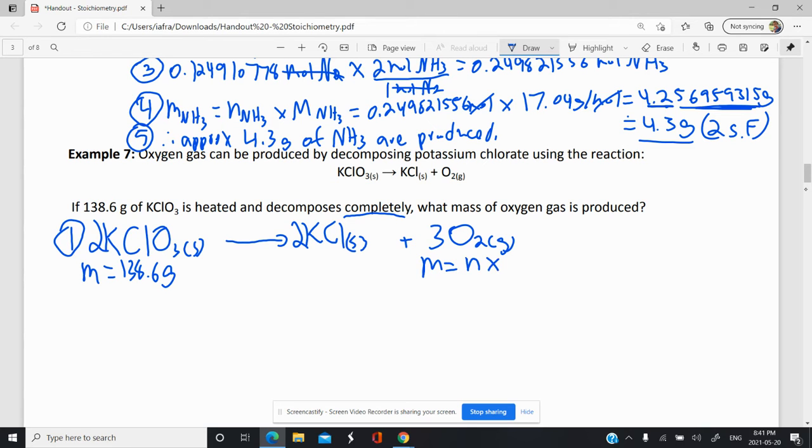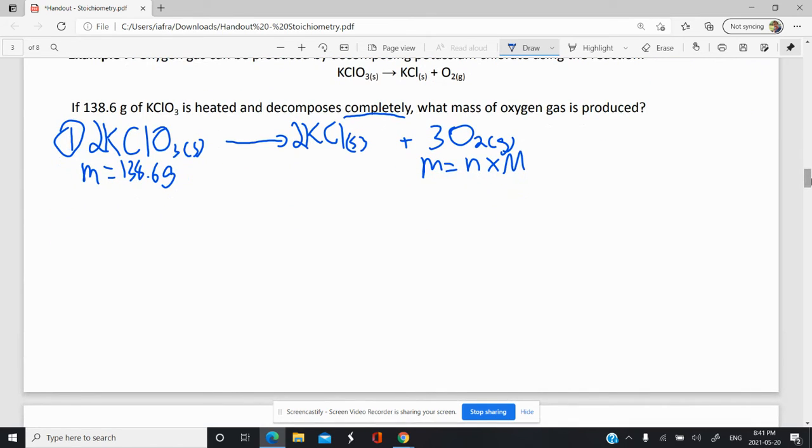So to find that, we need the moles times the molar mass. Remember, we can't do a mass to mass ratio. So we need to do a mole to mole ratio. So what I can do is find the moles of KClO3, use those moles to find the moles of oxygen, and then convert to mass afterwards. So let's go ahead and do that. Find the moles of KClO3